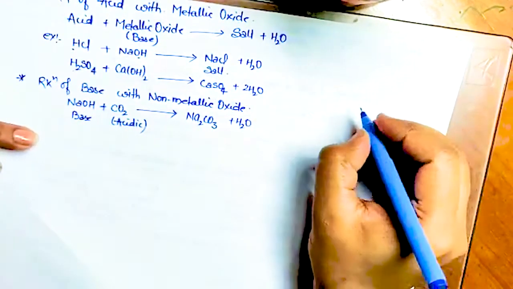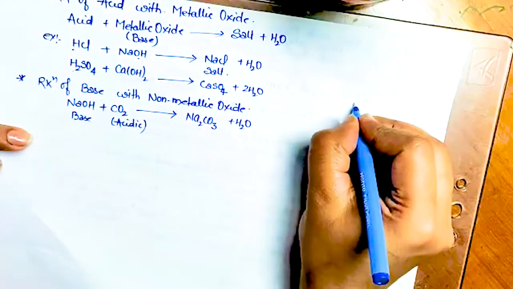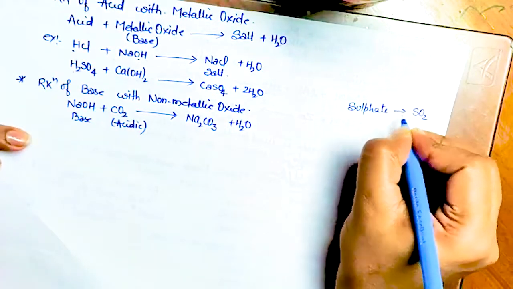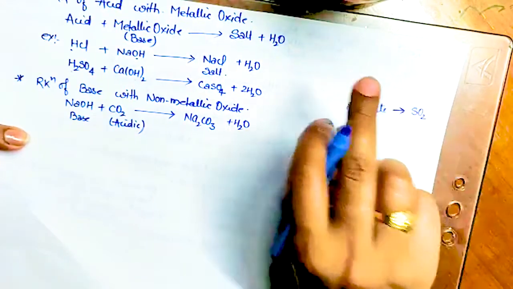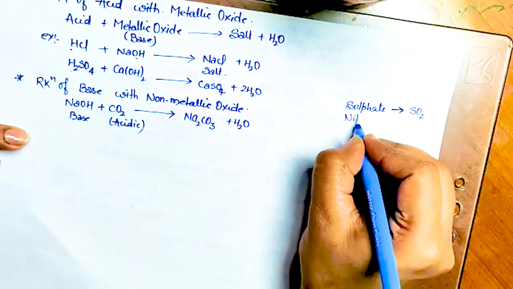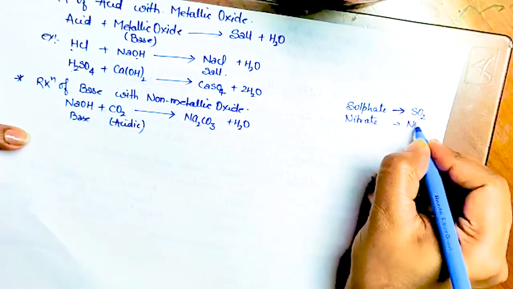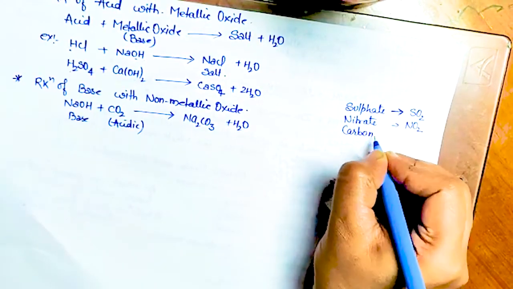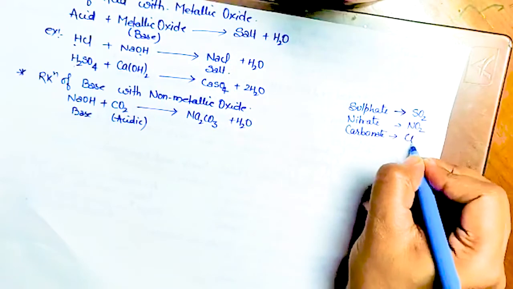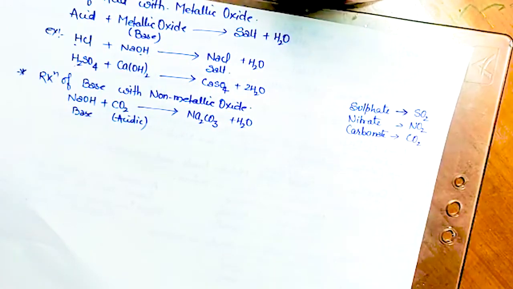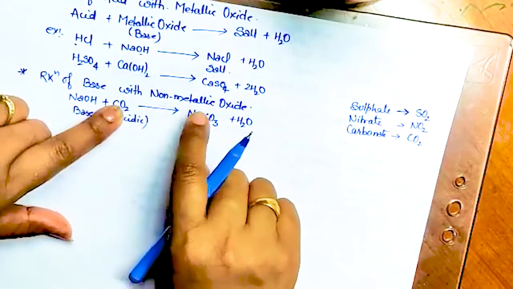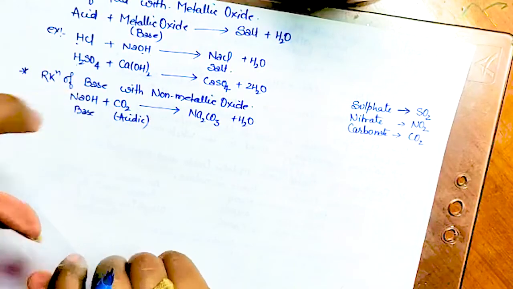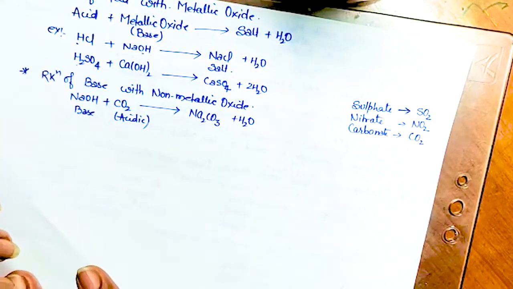I'm writing it here, you just make a short note for this, okay? If sulfate is there on the reactant side, it will give you sulfur dioxide on the product side. Got it? Or vice versa you can do. If nitrate is there on the reactant side, NO2 will be there in the product. If carbonate is there, carbon dioxide will be there in the product, or vice versa. So if carbon dioxide is there, you have to make it carbonate. Carbonate is charged as CO3 minus 2 and the metal is sodium. So Na has plus 1 charge, you make the compound like this, isn't it?